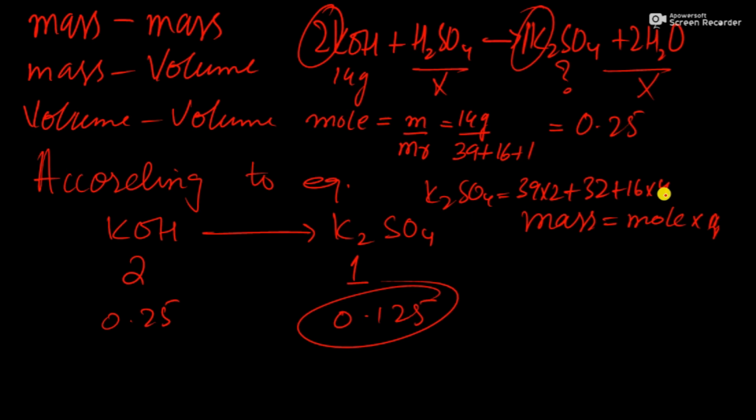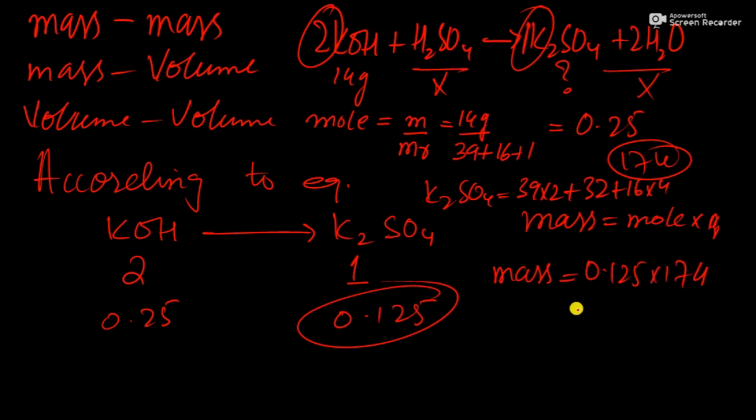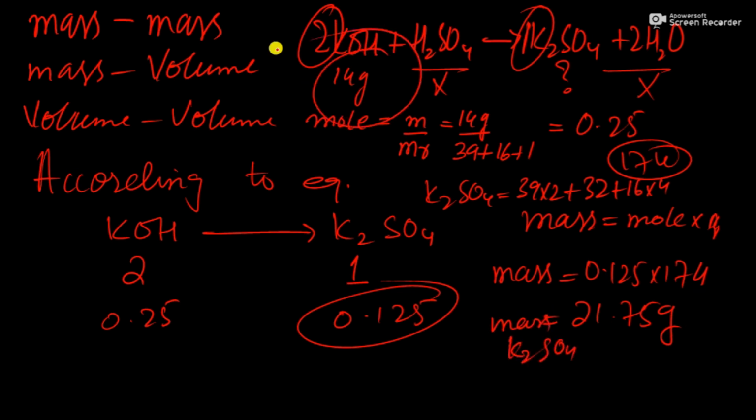right? So the mass we can find out: moles 0.125, molar mass 174. So how much mass will we get? 21.75 gram mass for potassium sulfate. So if we have 14 gram KOH, it can produce 21.75 gram of potassium sulfate. Got it? Okay, moving towards another